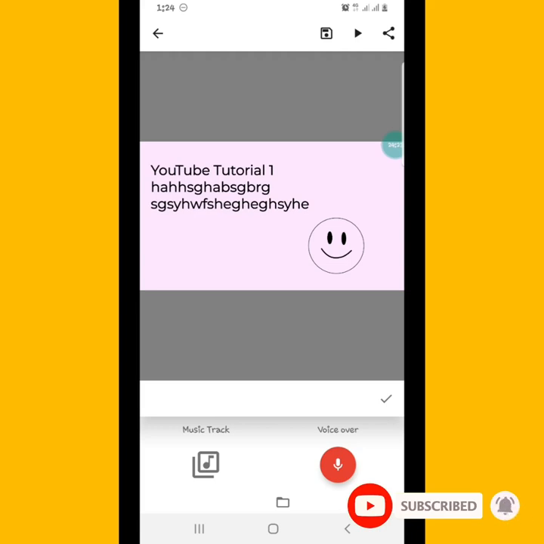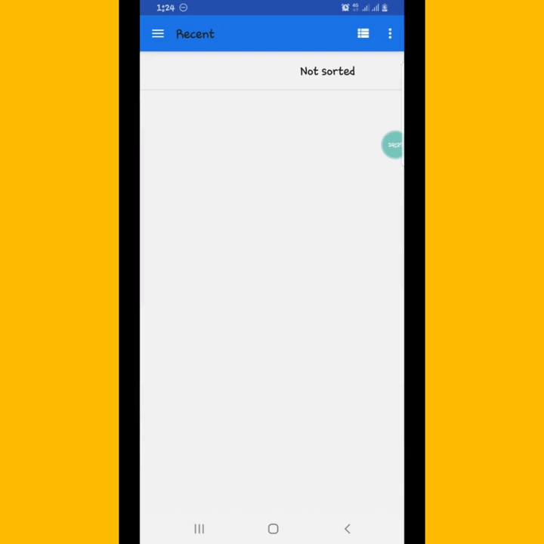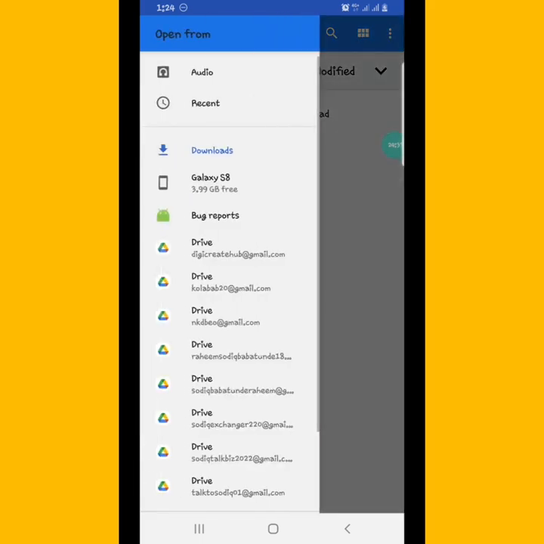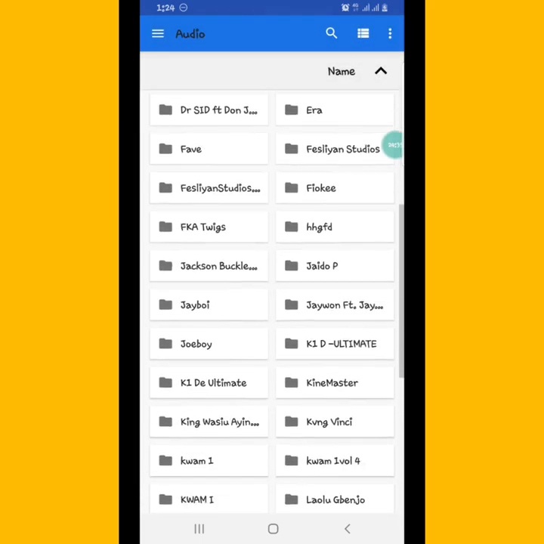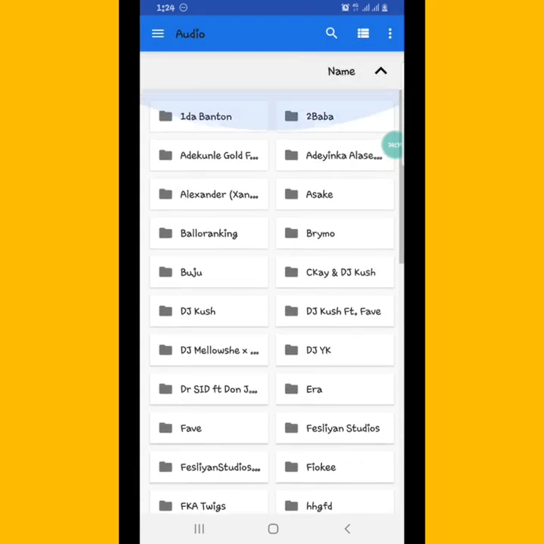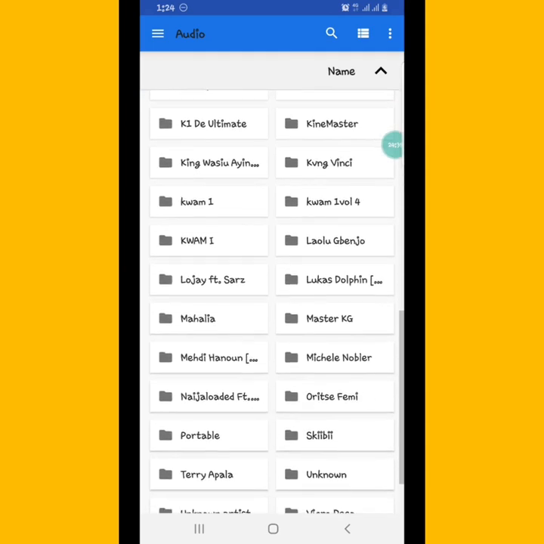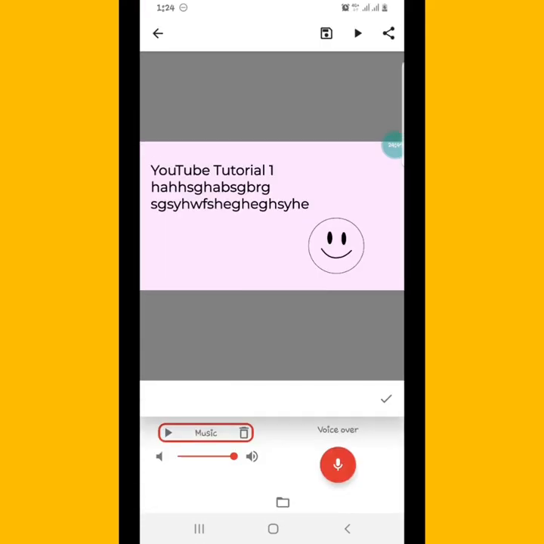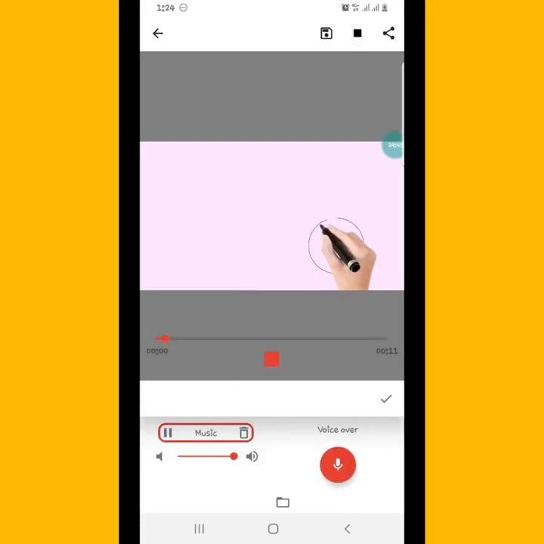Let's say I have a music file I want to use. I'm just going to click on music track, and it will take me to where I have music on my phone. So I can click these three dots and go to audio, and of the several music files I have on my phone, I can just click on one and it will start playing. Okay, so if I start